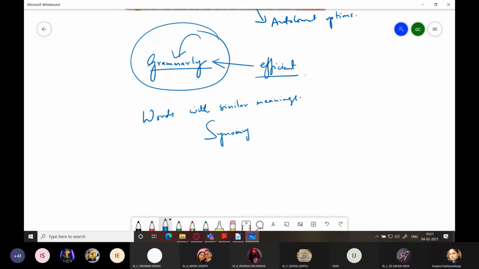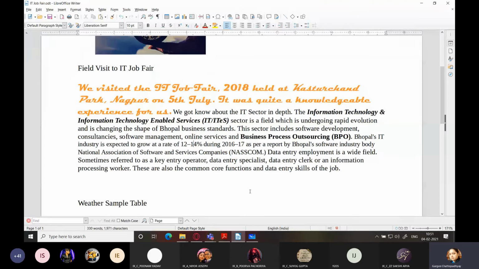Synonyms. Right. So you don't need to purchase a synonym or thesaurus book for that. You can get synonyms of words from a built-in feature of any word processor. Let's see what that is.